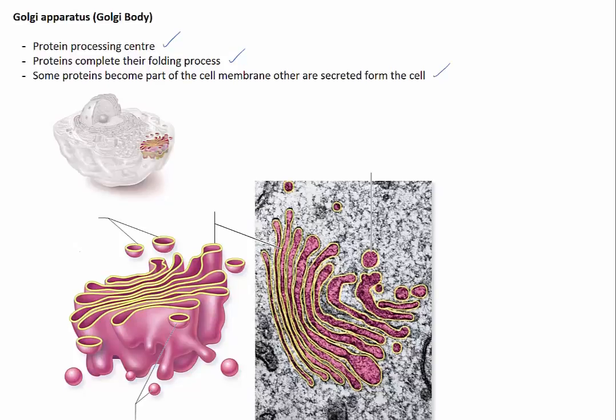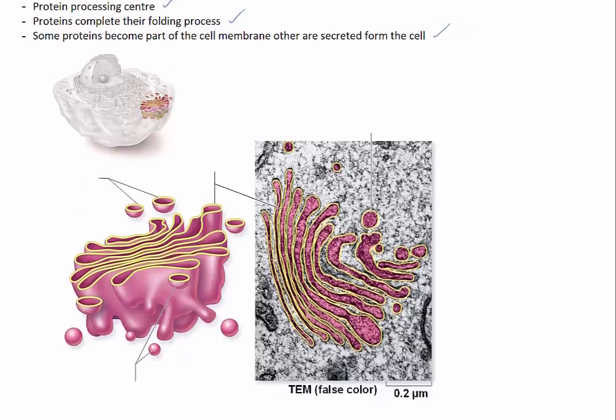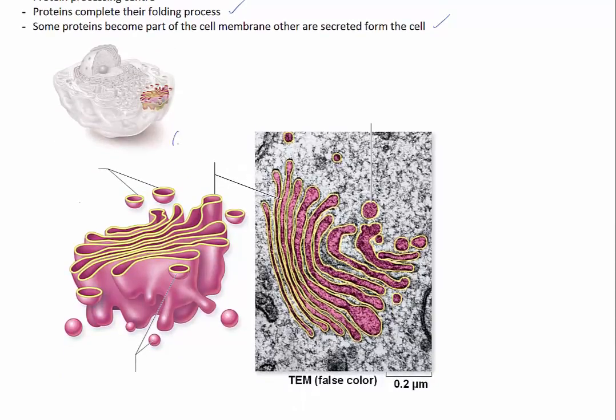So here is an illustration of a Golgi apparatus, as well as an electron micrograph image of a Golgi apparatus right here. You'll often hear Golgi body. It's the same organelle, it's just with a slightly different name. So we know that the Golgi apparatus receives vesicles,